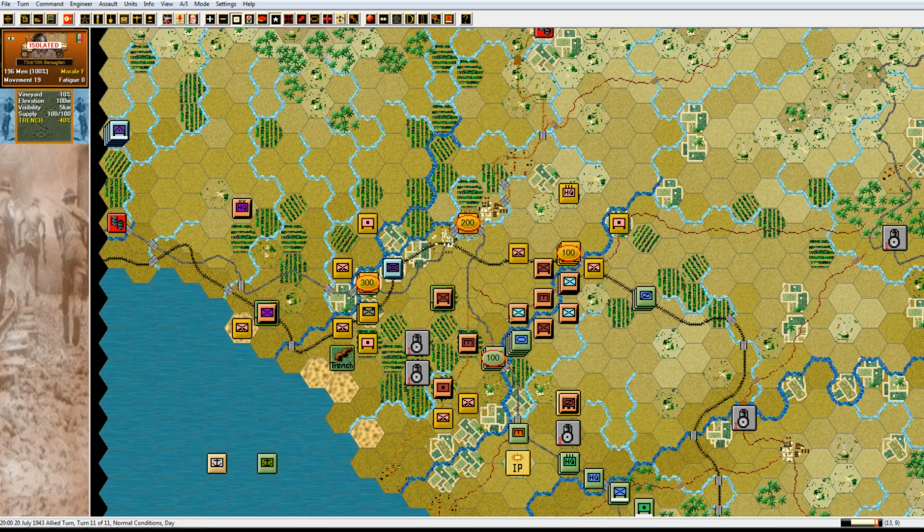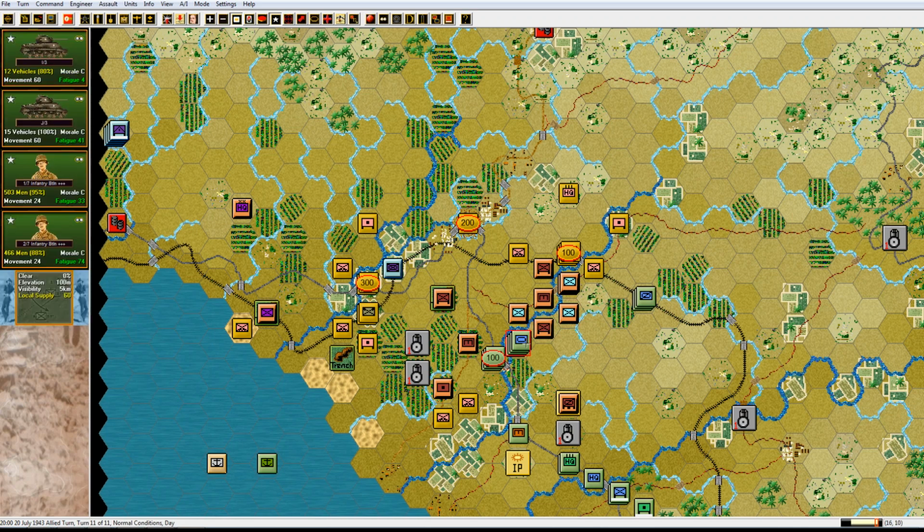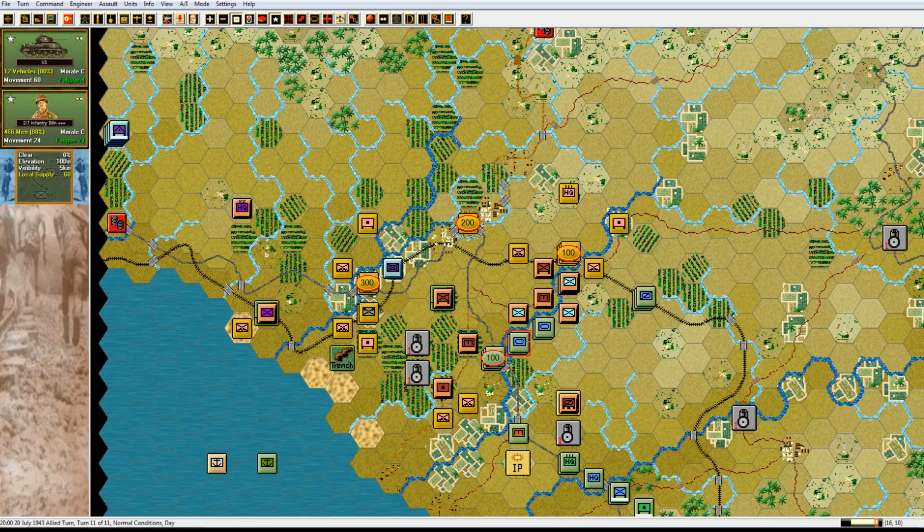Alright, last turn. Let's see what we can do to finish off these guys. So we'll get the tank and some infantry to make a charge right there. That's going to destroy that group of people. And now the tank still has movement points, so it can fire onto that group of men. Typically, I think 10 men is worth 1 victory point. So what we can do here is we can try to